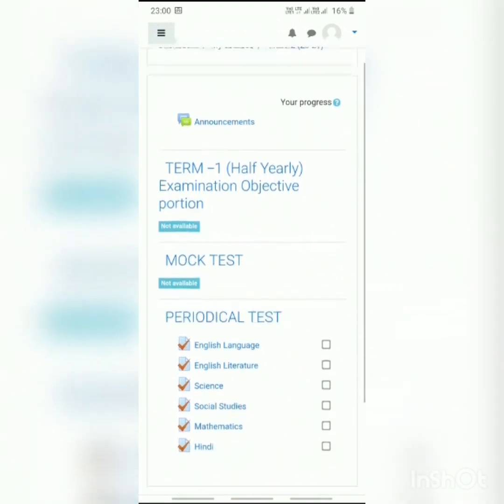So these two screens will be there. Because the mock test has been done, these questions are given there, but the half yearly questions are not given or uploaded, that is why that column is not showing. As they are given and uploaded, they will show very easily. So you have to go to the first option, term 1. The mock test has been done, that is why you are seeing these things.